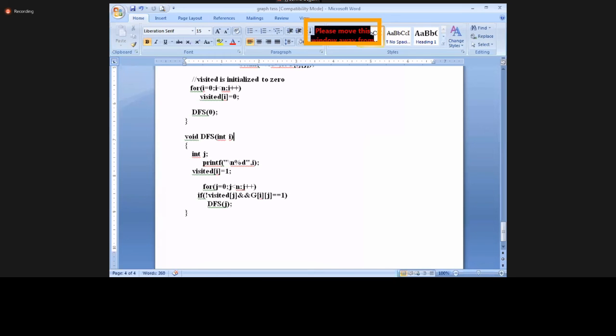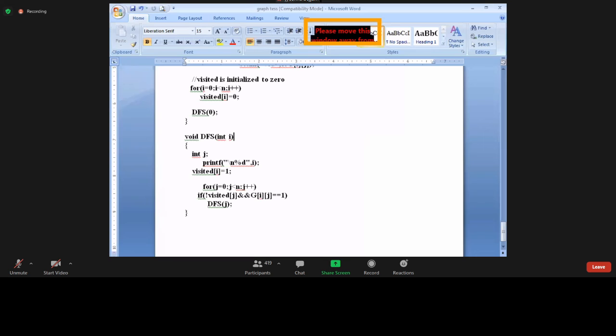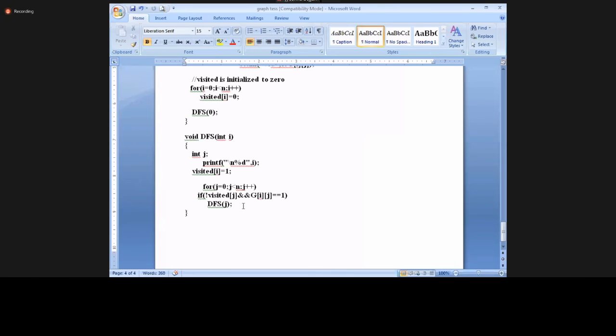Okay, so the same way we will write the program, in the same sense. DFS will always come to the first node. That's why we initialize it to 0. That means we will start from node 0 and visit from 0 to n elements, and every time we will check whether it is visited or not. A visited one will be noted as 1. Earlier it is 0, because here you initialize to 0, here you initialize to 0, and here DFS also is initialized to 0. That means it starts from the first node only.